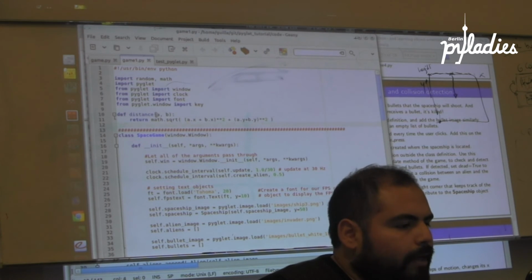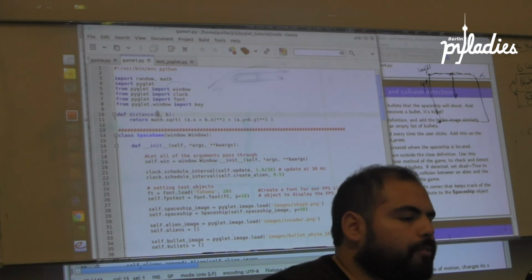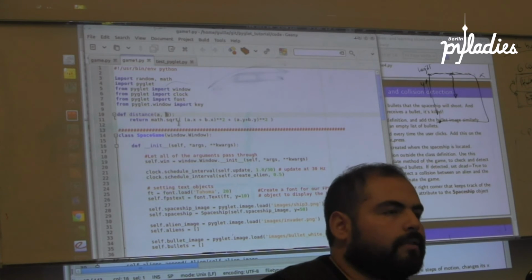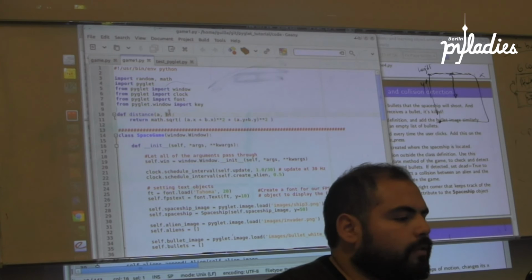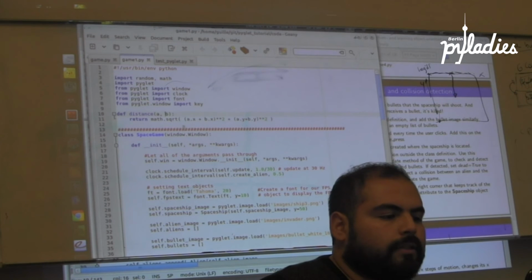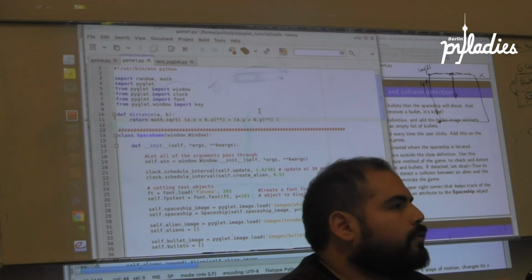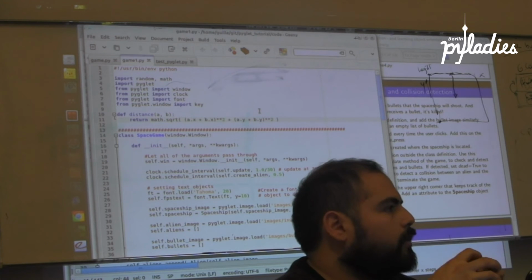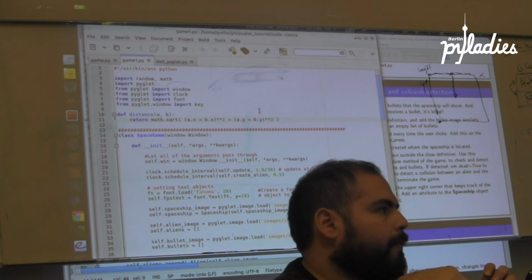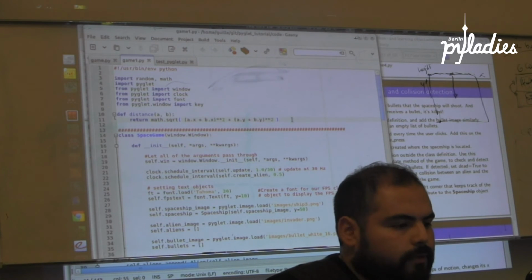So why I'm passing this here, like a.x and b.x, is because I want to just pass the alien or the bullet or the spaceship as an object here. So I'm passing two objects. Imagine that this function is taking two objects, and these two objects have x and y attributes. So you have to have an object that has .x and .y, otherwise you cannot use this function. I define it outside. You can define it in another file if you want. Distance. And now,